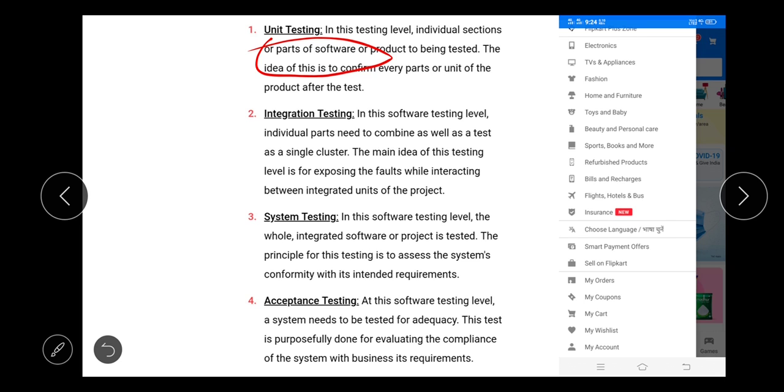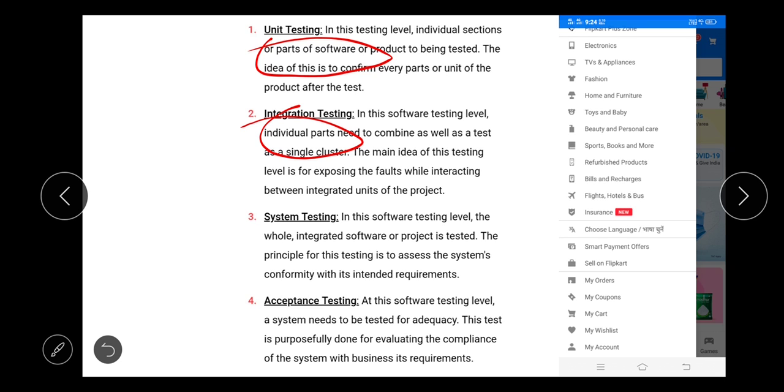We shall move on to the second one, integration testing. Here integration means combining, joining or integrating. That means we should combine all the units together.